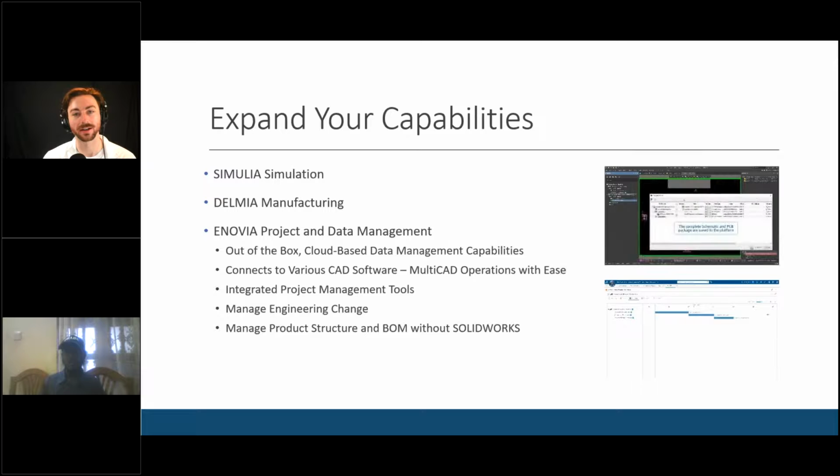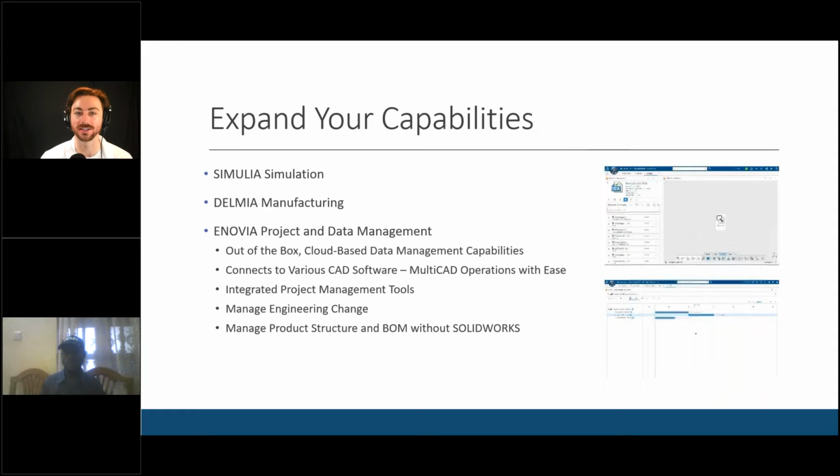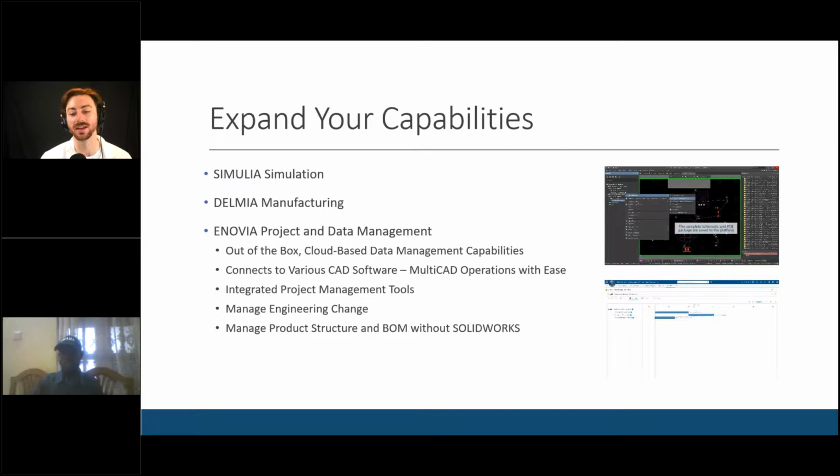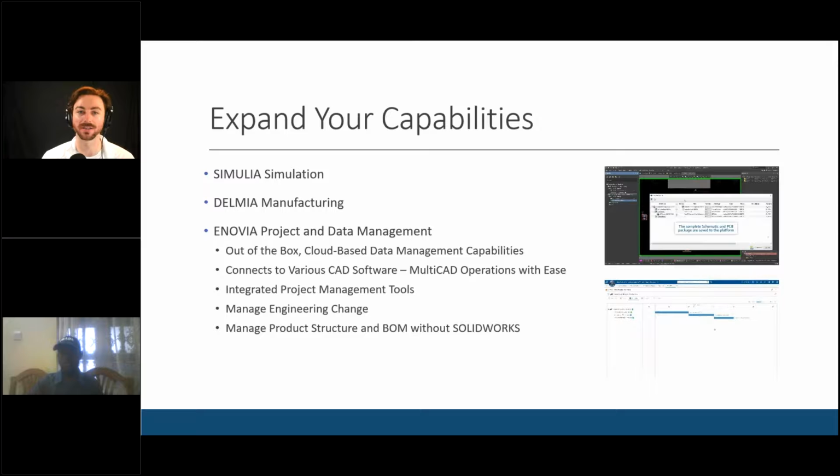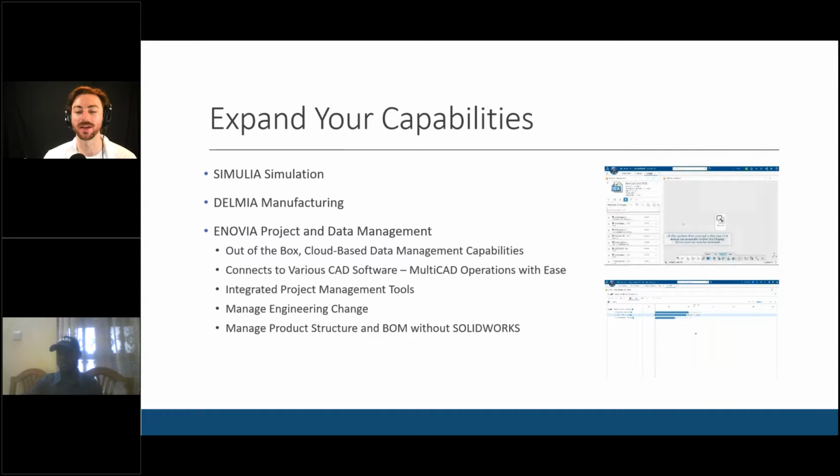There are some preliminary abilities right with the SolidWorks offer, but you can even expand further into ECOs and ECRs as your organization expands. And then you can go ahead and actually manage your product structure and BOM without even SolidWorks. So you can get those non-SolidWorks users in there. They can start inserting parts into the BOM, and then the SolidWorks user can go in and clean them up and place them. But you can have somebody building entire product structures without even having access to SolidWorks, and then it just requires a designer to go in and put things in place.